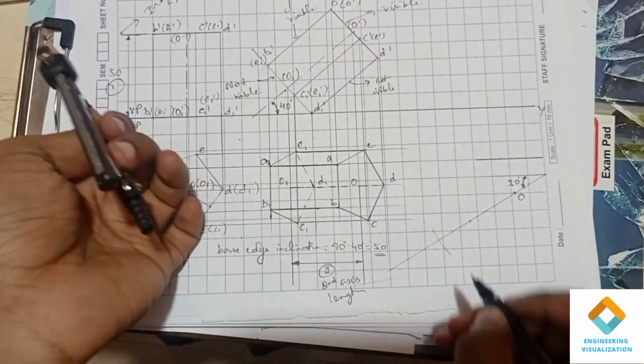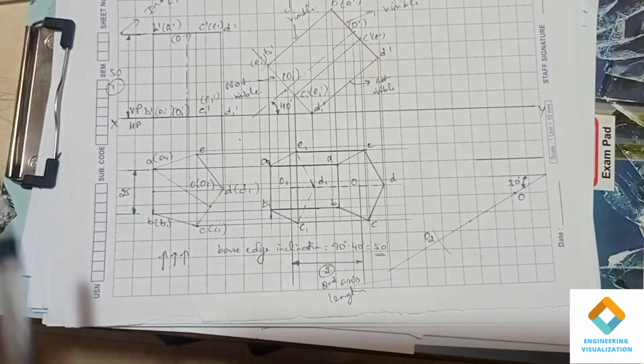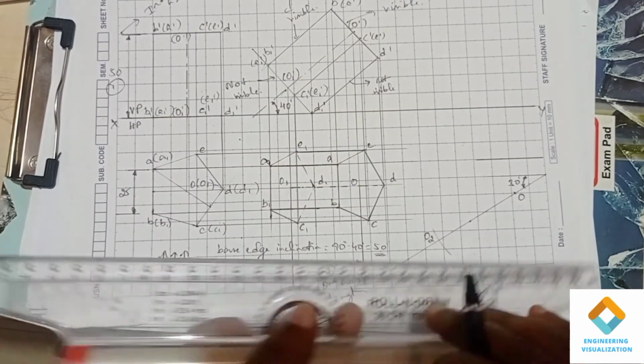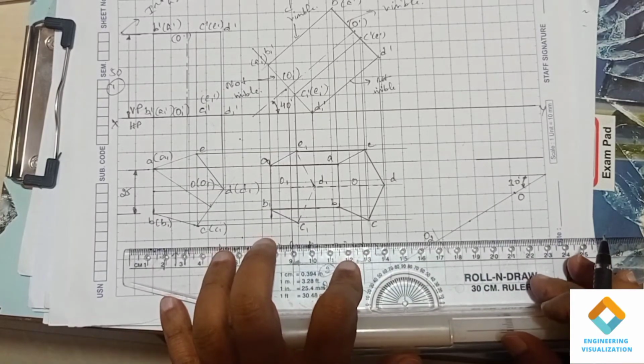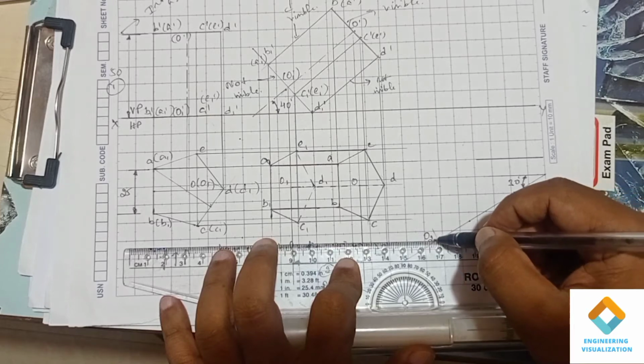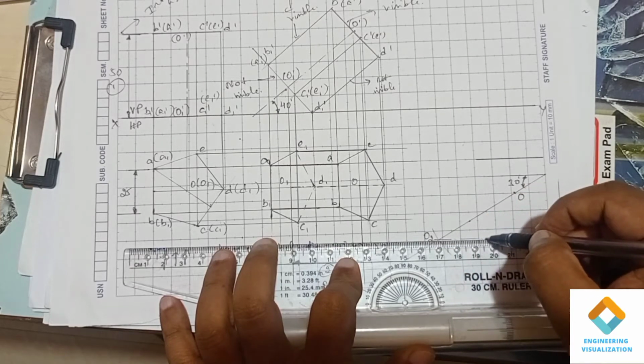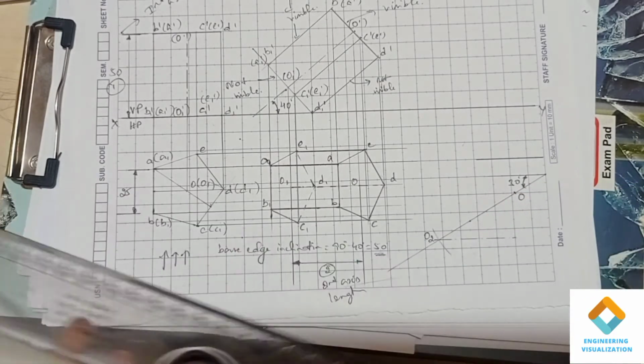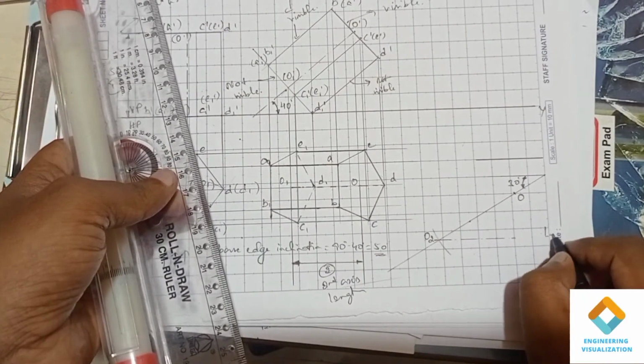And to avoid the confusion here, we will be giving this as O2. Okay, after cutting an arc, we should draw here a locus line. Locus line we should draw here, where exactly it has cut it, right? So draw a locus line. We'll be mentioning this as locus line. Okay,